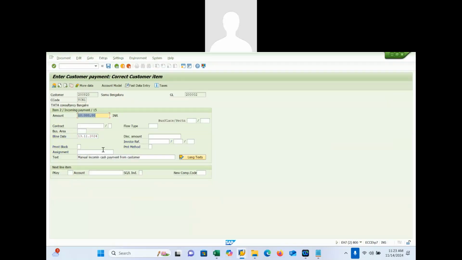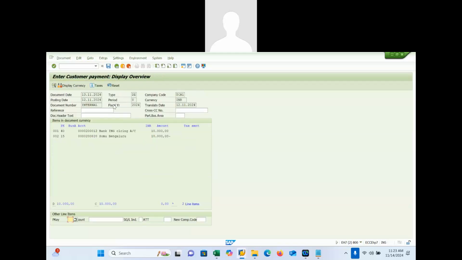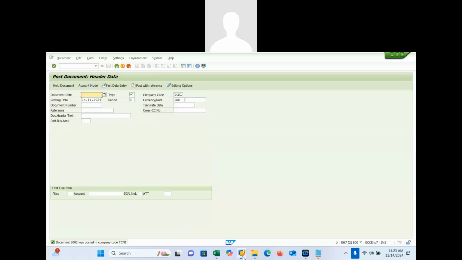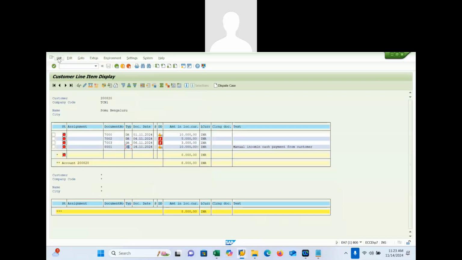Look here, it's copied automatically. Okay, now simulate and post. If you go and refresh and look here, this incoming payment will also show as an open item. Actually, it's supposed to clear with this 5,000, but this will happen if you enter the incoming payment from